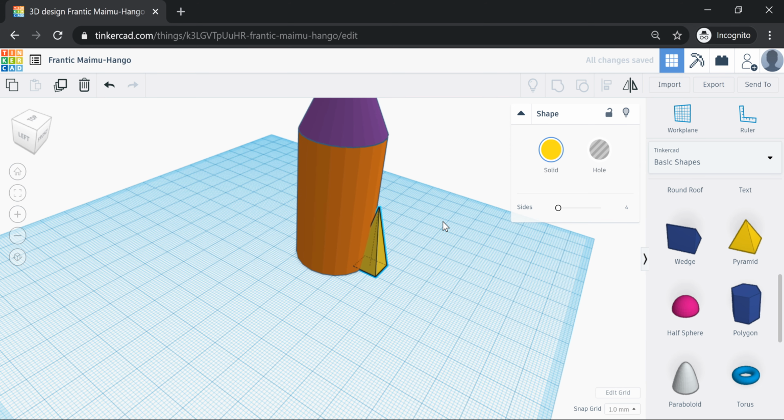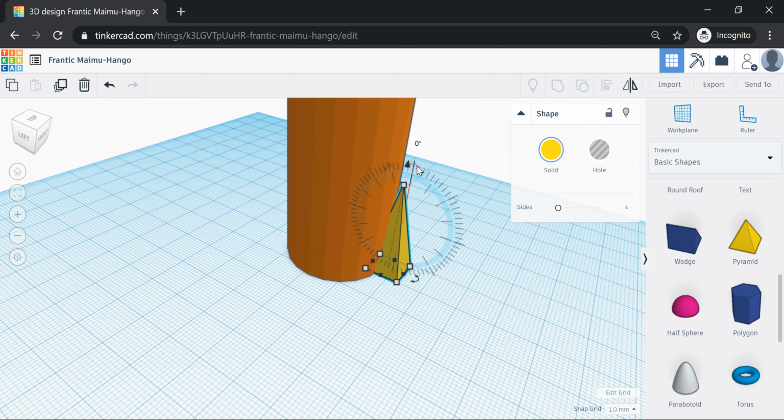So while I have this shape selected, you're going to notice that there's curving arrows on the bottom and sides. And that allows you to rotate the shape in a certain direction. So as I grab this top arrow, I can spin it sideways. Okay, let's see how that looks. All right,